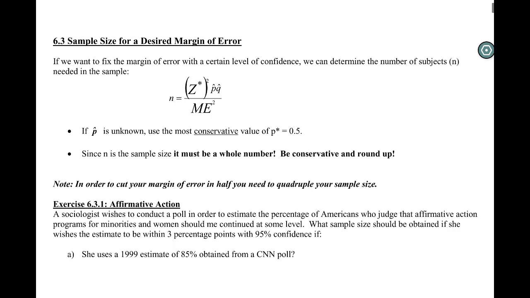Should they have gone with 1,000? Should they have gone with 2,000? Because there's a cost associated with every new person we sample, and we really need to take that into account. So it turns out, if we know exactly what we want the width of our confidence interval, or error, or margin of error to be, we can take our margin of error formula